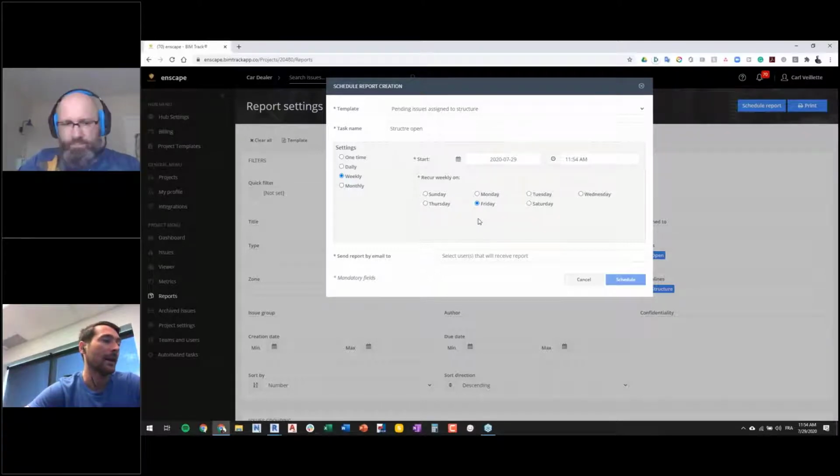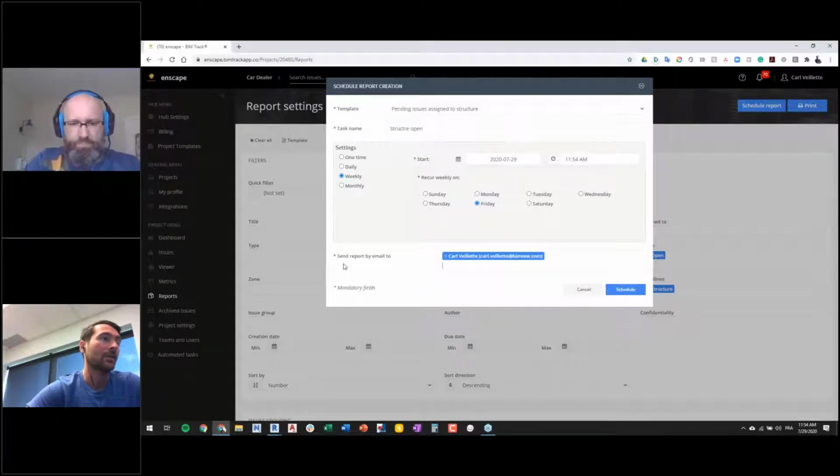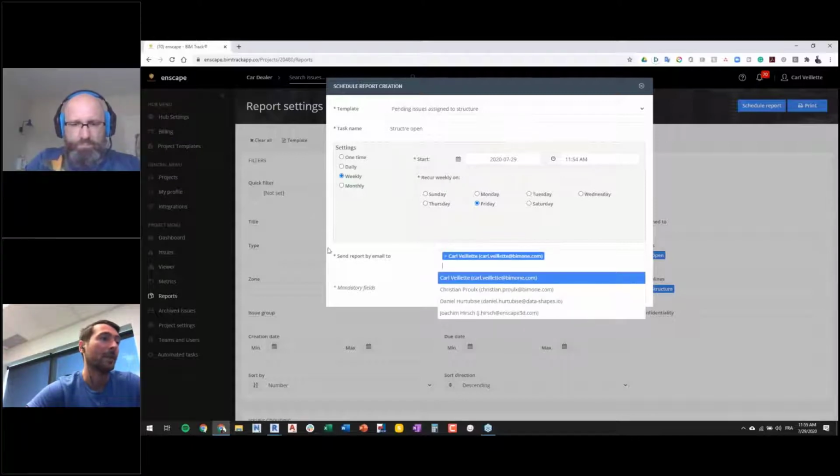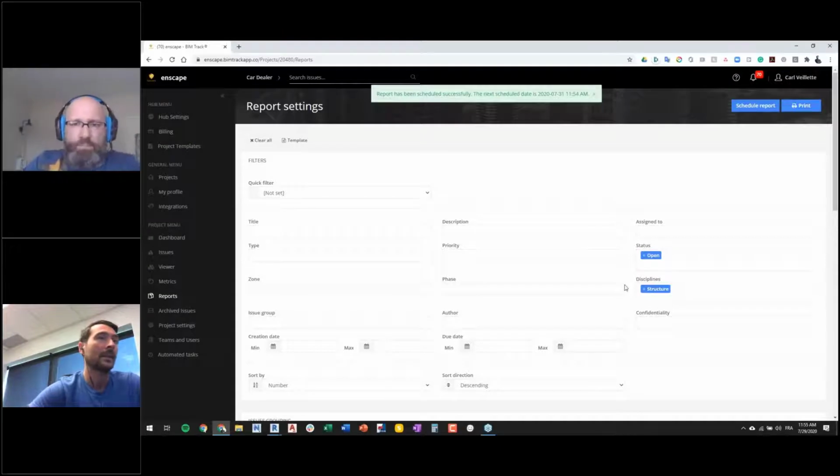So this way, you can keep track of the current statuses of the request. And you can send that to the structural engineer or specific teams that are part of the project as well, and schedule it. So this way it's going to be done automatically.